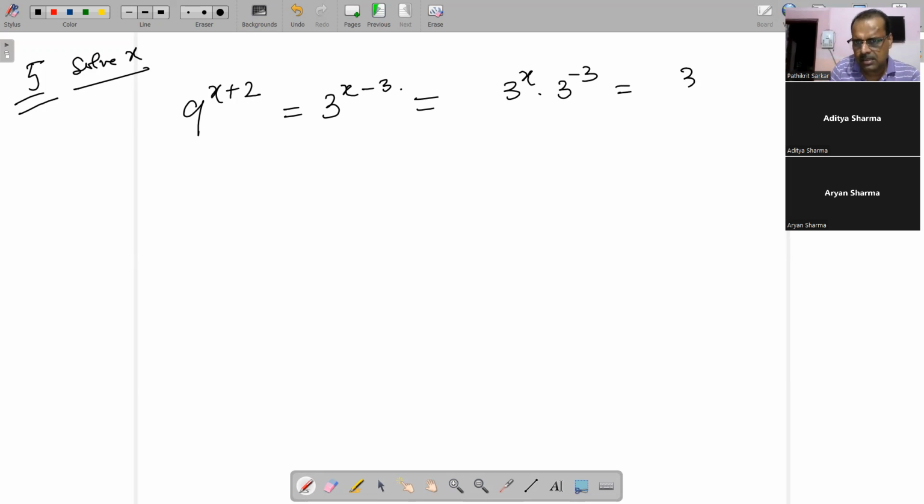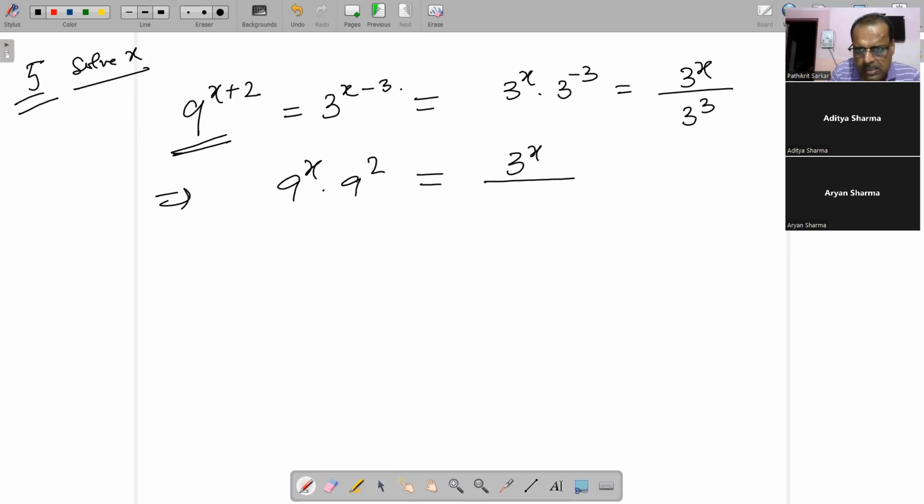तो इसको हम लिख सकते हैं सर 3 to the power x by 3 cube, ऐसे करके लिख सकते हैं। चलो come down to this portion, इस पोर्शन में क्या दिया है सर, यहाँ पर दिया है 9 to the power x, माने 9 to the power x into 9 square, ऐसा लिख सकते हैं। So here you can write down 3 to the power x divided by 3 cube, ऐसे लिख सकते हैं।